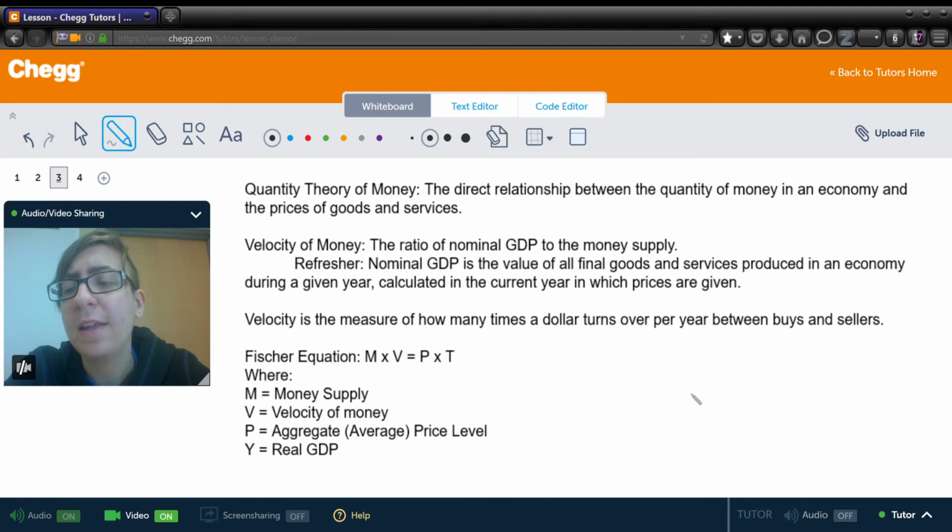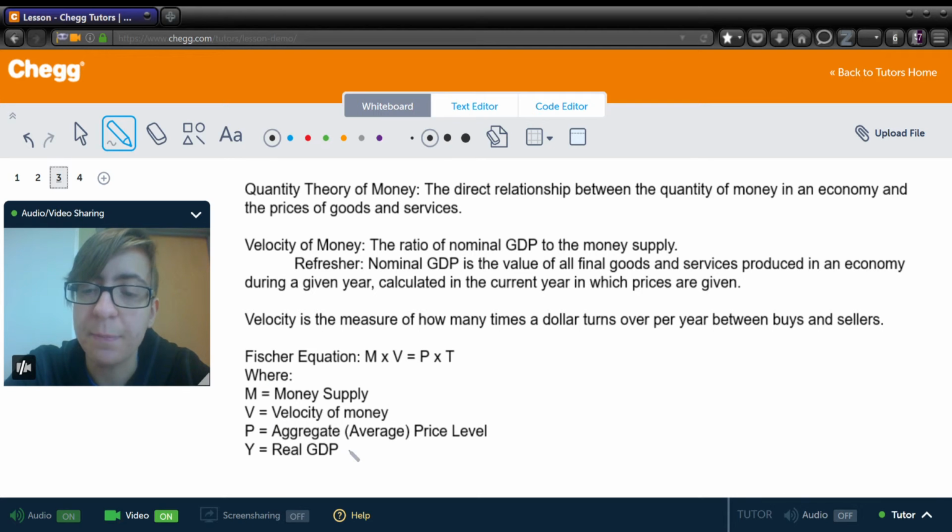So, if I tip you $5 for your wonderful service at a restaurant or something like that, and you go out and spend those $5, and then the person you spent those $5 on spends those $5 and so on. That is the velocity, and however many times it changes hands in that year is the velocity. So the way that we calculate the velocity of money is this nice little equation down here, which is called